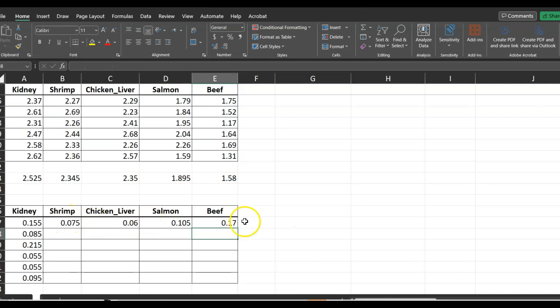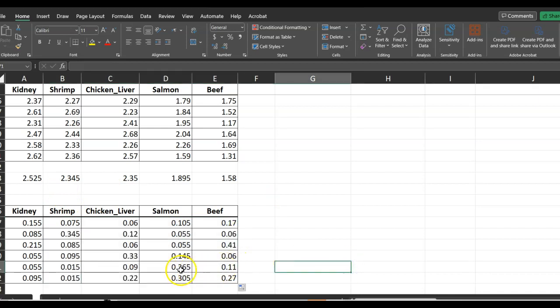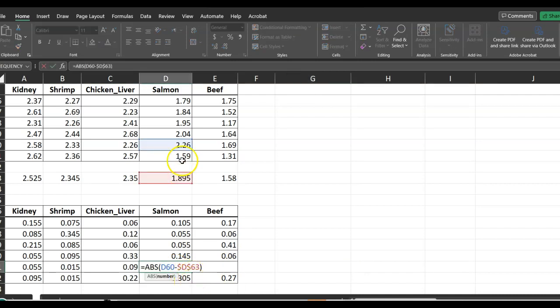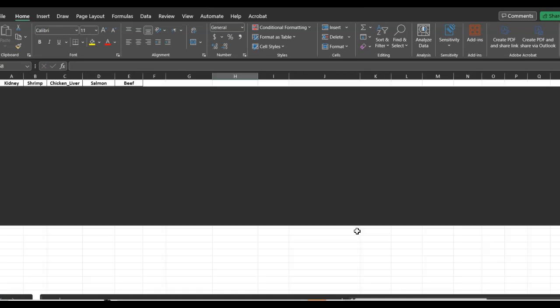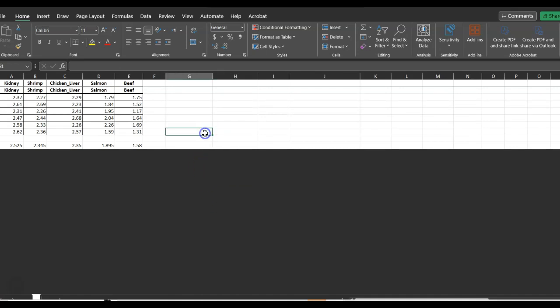Okay, once I locked the median cells, I'm going to select them all at once and drag it down. Okay, double check again: go to a random cell, double click, and you can see the difference between the median and the cell before the last one. All right, so that's what you want to see, right? Done. Now this is my new table, and I want to run a one-way ANOVA